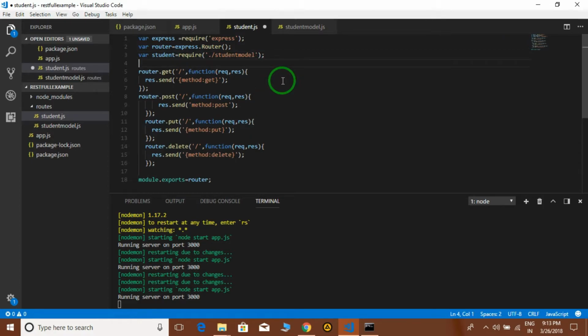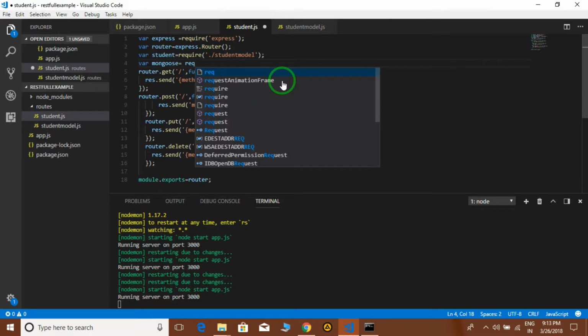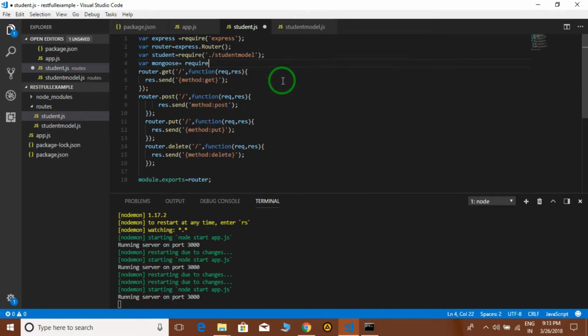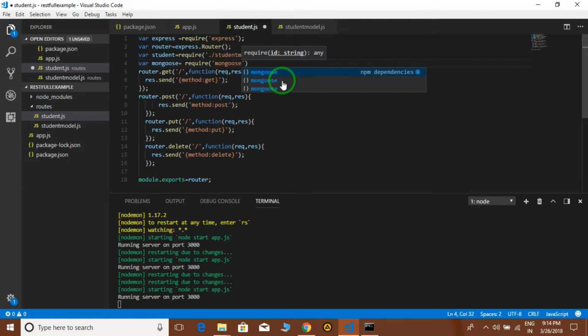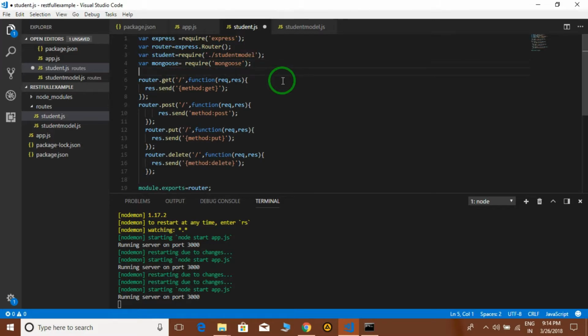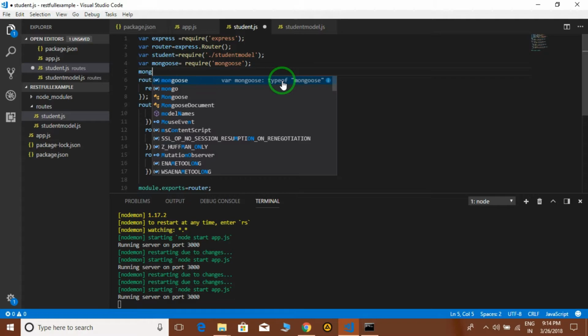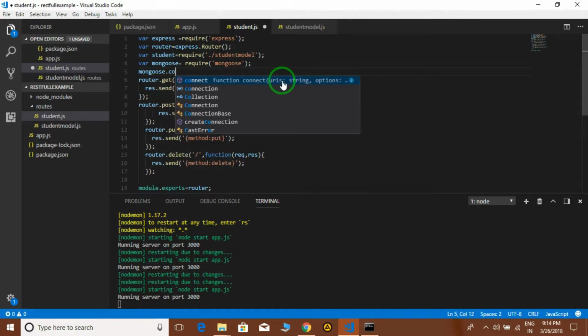Now we have to require Mongoose once again for making a connection with MongoDB. So mongoose equals require, and in this require we need mongoose. Now we have to make a connection. mongoose.connect.